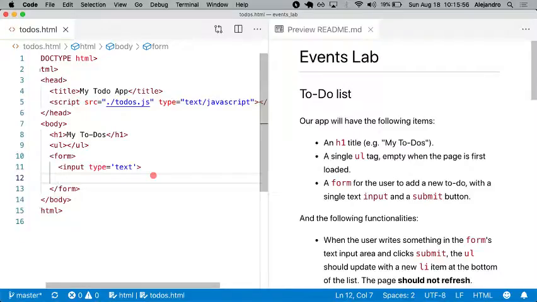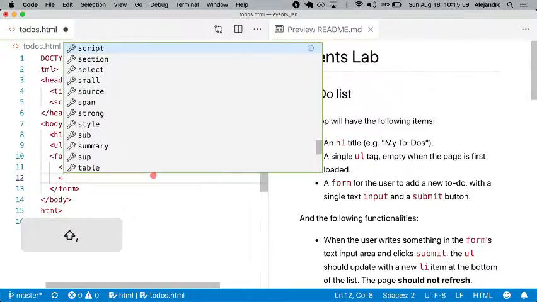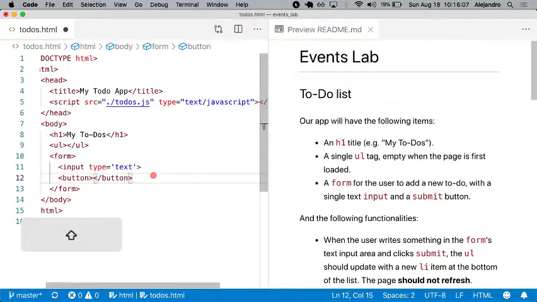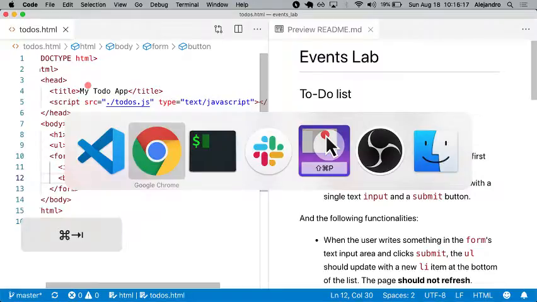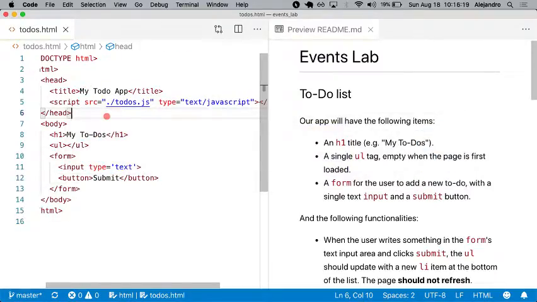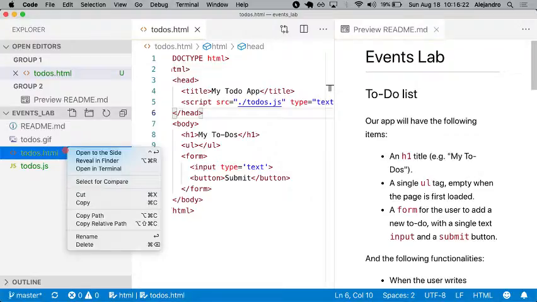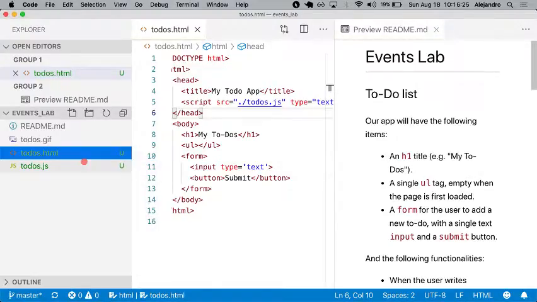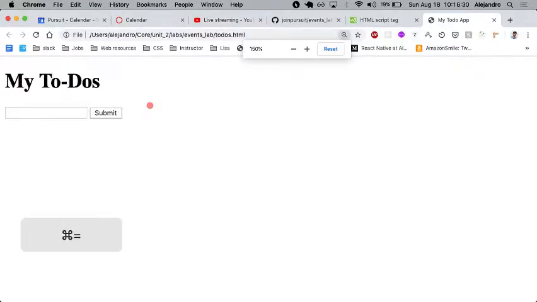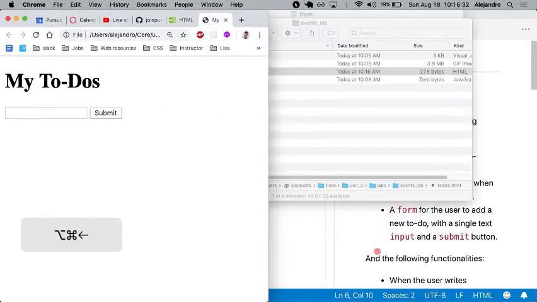Okay, the last thing that I'm missing here is a submit button. So for submit buttons, you have two options. You have one, the button tag. This creates a button with the text submit inside, I think. Let's also look at this in the browser. Reveal on Finder, to-dos. Right. So that creates